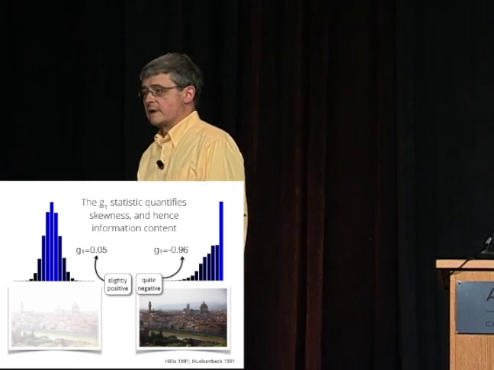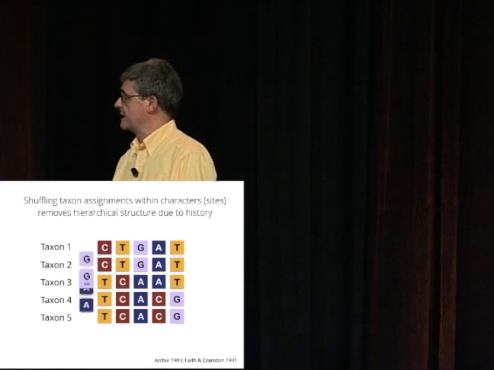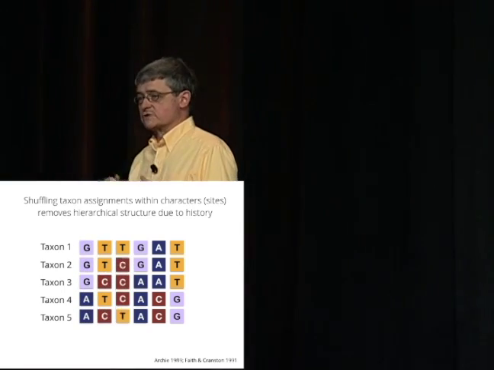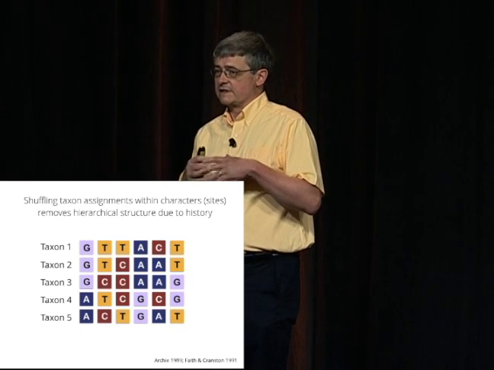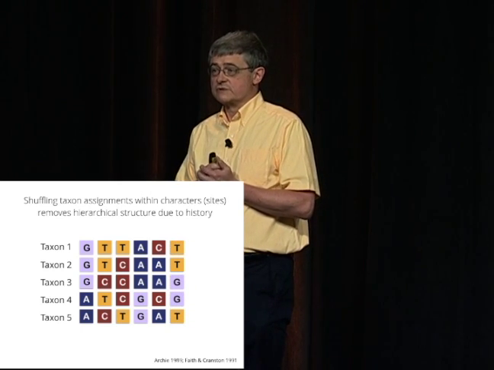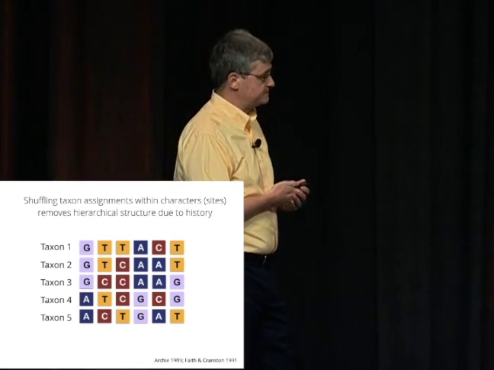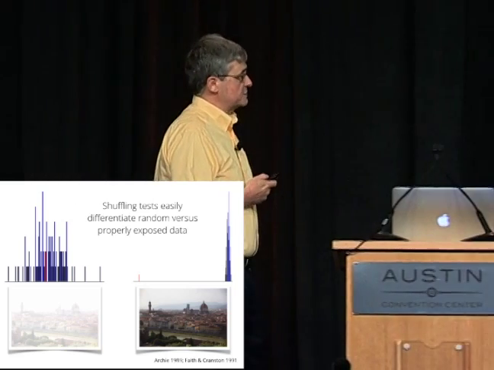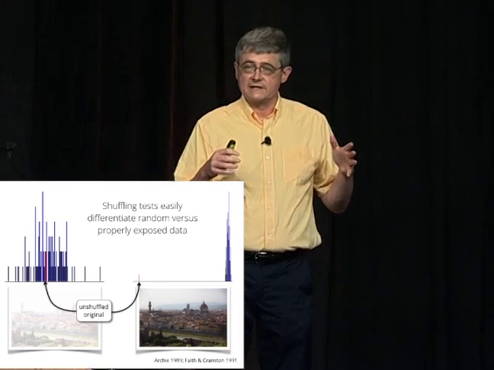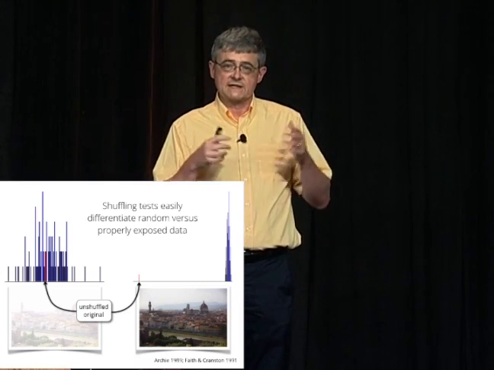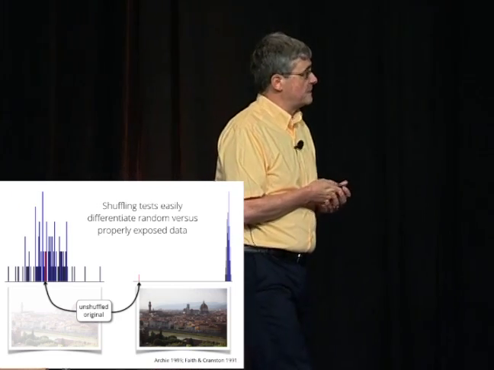Another way that people went about deciding how much information content was in systematic data was to shuffle or scramble the nucleotides within the columns of a data matrix, which basically erases the hierarchical structure due to the history, but preserves the character state distributions for each site. And then you calculate the parsimony tree score, and you look where it sits amidst all of the shuffled data sets to see whether you can distinguish the original unshuffled data from the shuffled